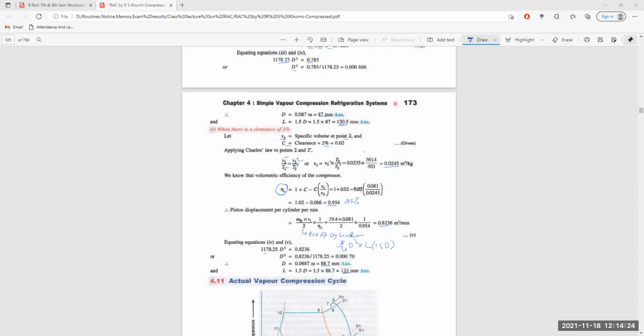Initially what we have done: one, two, three, four. 1 to 2 is the compression line, which shows the compression process. 2 to 3 is the condensing process. 3 to 4 shows the throttling or expansion process. And 4 to 1 is the